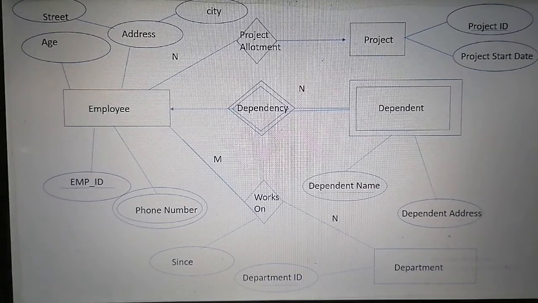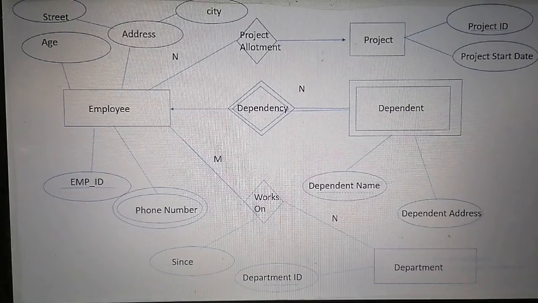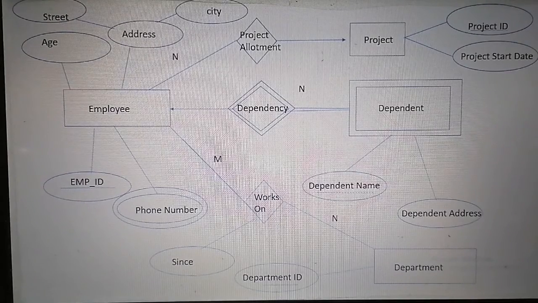In the case of department, we will make the department ID the primary key of the relation department. Similarly for the project, we will make project ID the primary key for the relation project. Next rule says declare the foreign key column if applicable. If any attribute is satisfying the condition of the foreign key, then make it a foreign key.